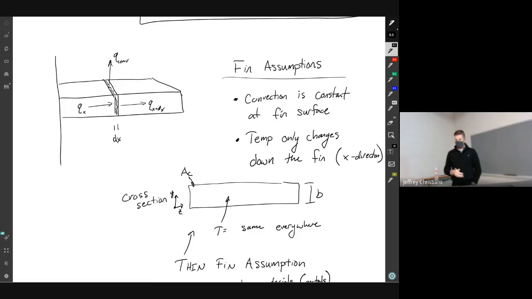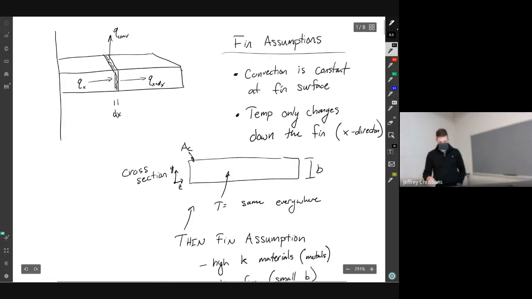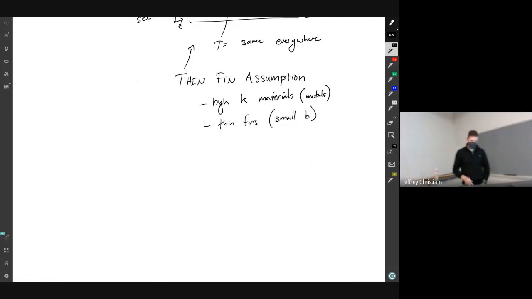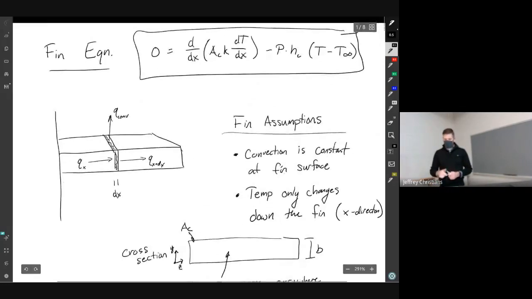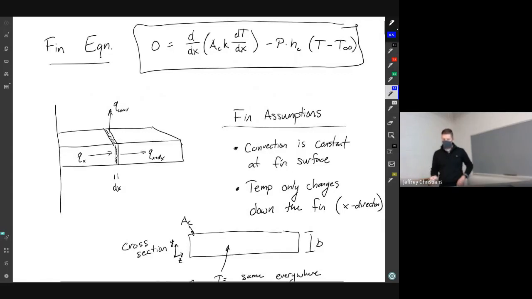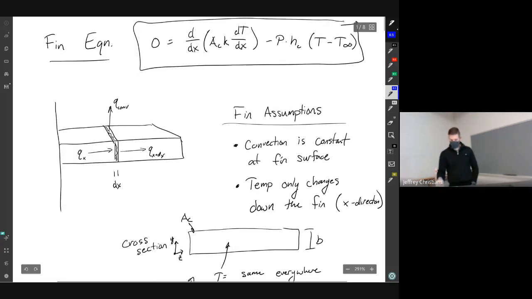Okay, so those are the fin assumptions. So to just solve an example problem, because actually solving this differential equation is not trivial. It looks kind of like the differential equations that we solved when we were solving the one-dimensional heat diffusion equation, right? So we had